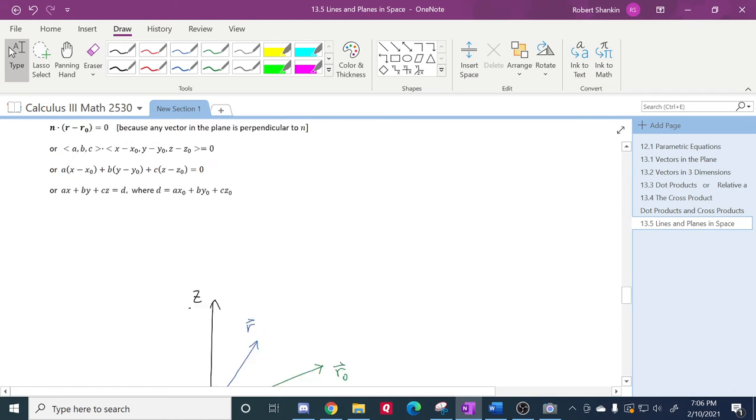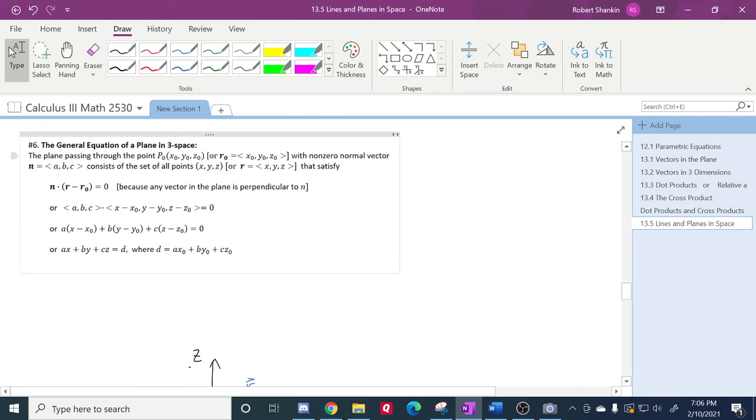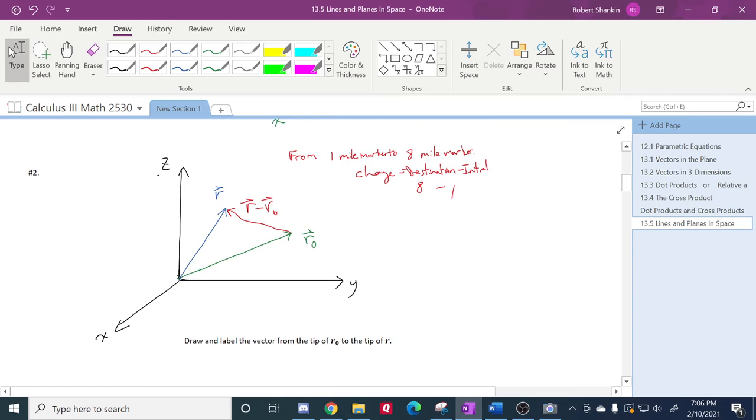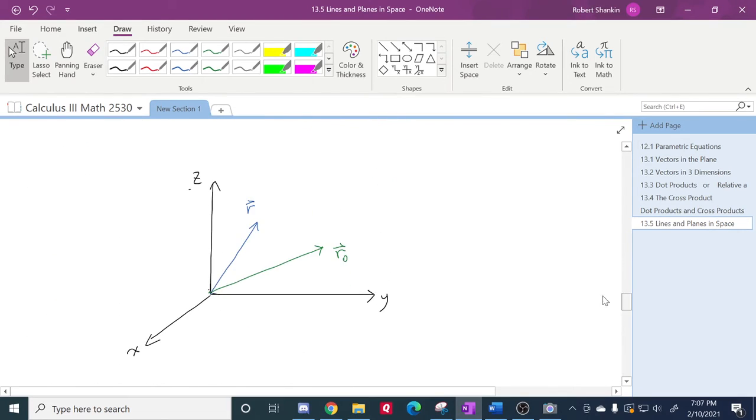All right, now, I haven't drawn the n in here. Remember, I picked this r0 and this r because way back in the practice quiz, we had the same r0 and r. And we had said, oh, the vector between these two, coming from r0 to r, is called r minus r0. Okay, so, going back to that same picture,